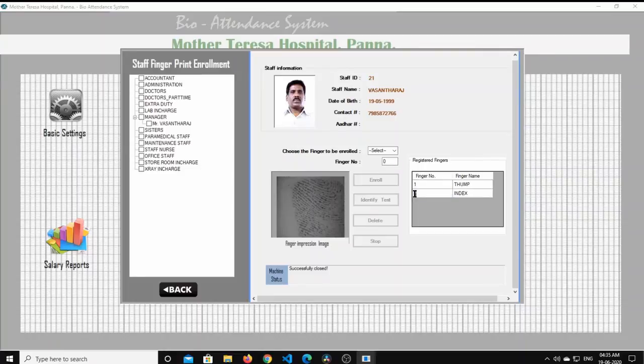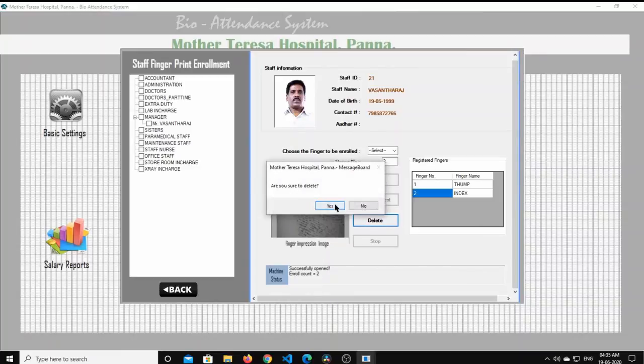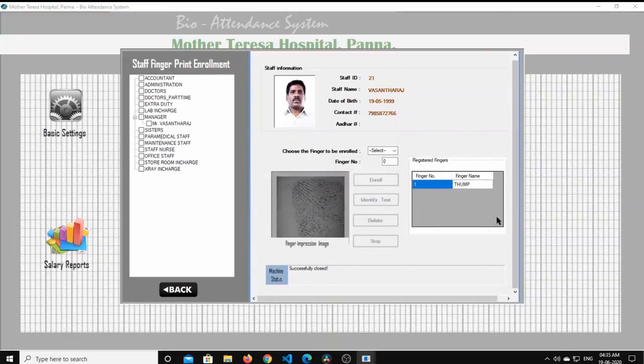For that, just click on the finger number and you will find delete option enabled. So just click delete. It will be asking with confirmation message and it will be removed. So this is how we can add fingerprint in the bioattendance system and remove fingerprint from the bioattendance system.